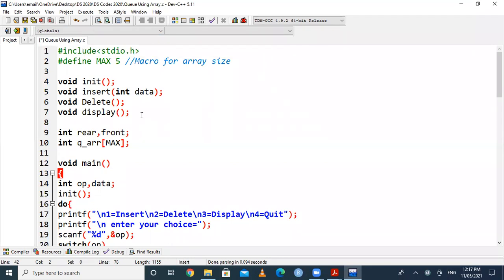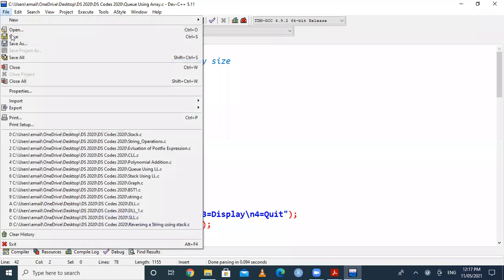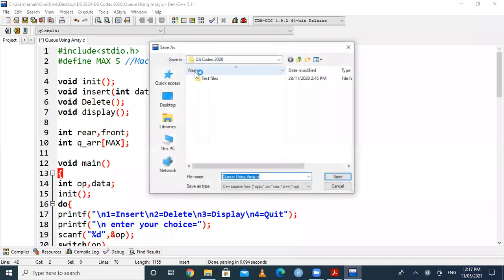So .c is the extension for a C program. And whenever we are going for a C++ program, then the extension is .cpp. For example, I am saving this. So again, File, and now this program is already saved, so I am going for Save As. Whenever I go for Save As, for the file name you can use any name. Suppose this program is named as